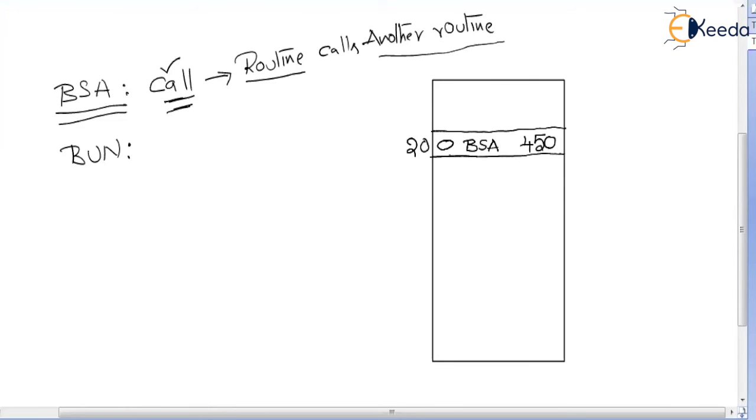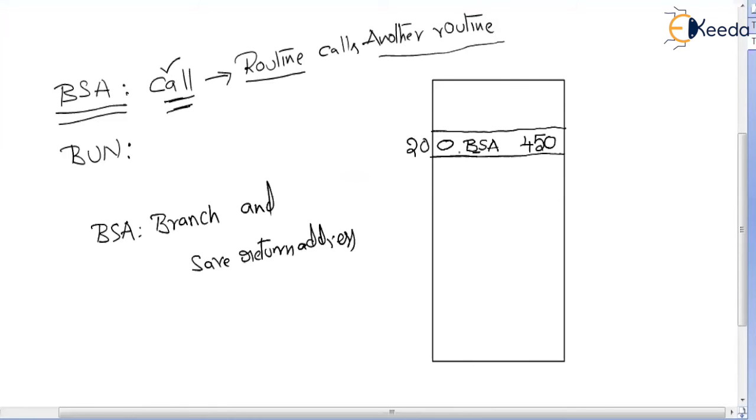What does it mean in fact? BSA stands for branch and save the return address. This is nothing but a branch instruction, a call instruction.